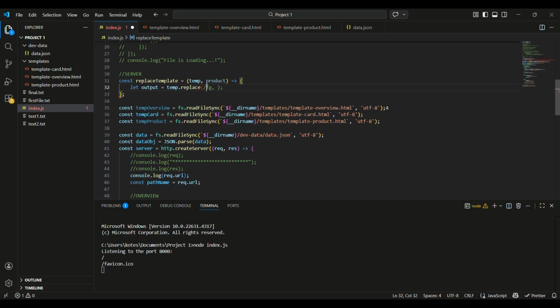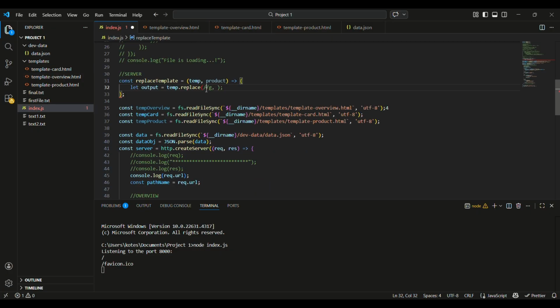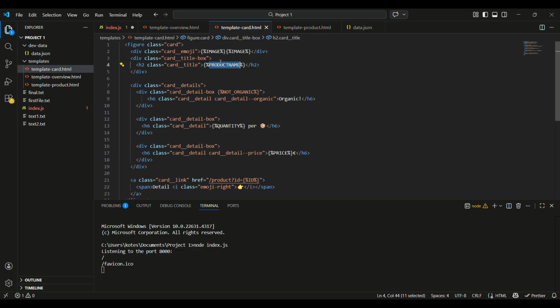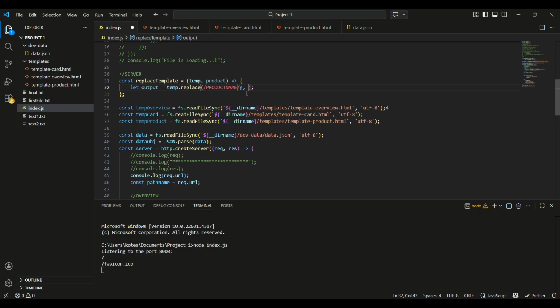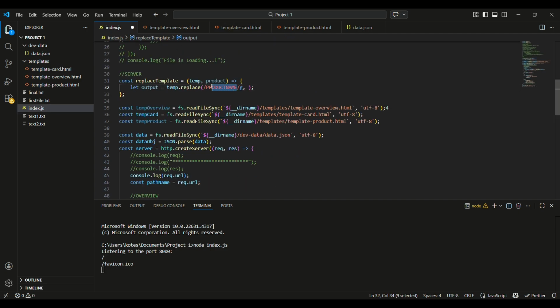Suppose we need to replace the product name in this HTML. As input I have given that template card, and I need to replace that product's name. Copy this product name, with the slash and the curly braces, so we copy all that content. We need to replace all the content which we have written inside this regular expression, with slash g meaning